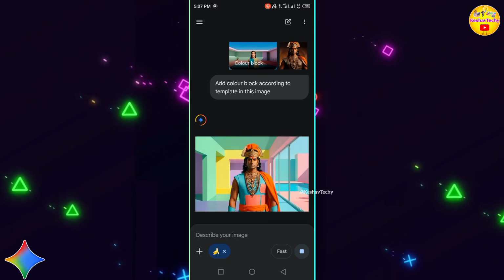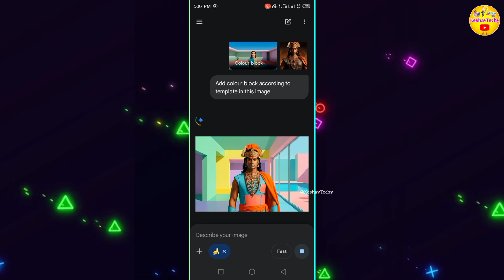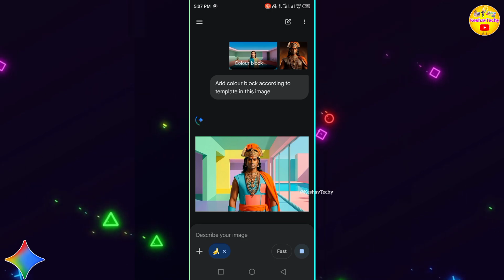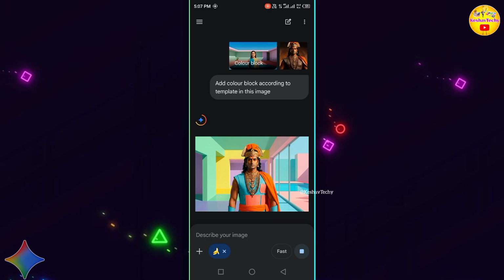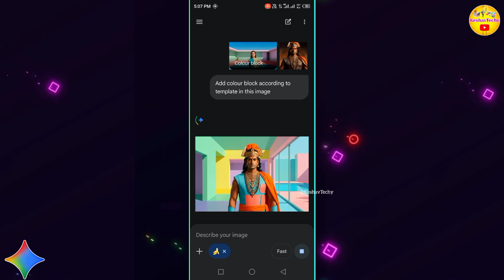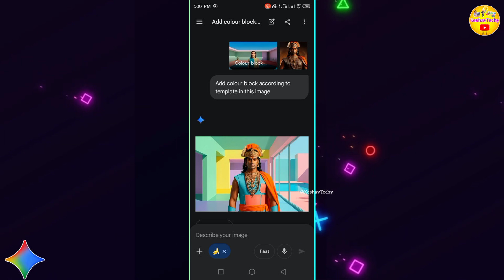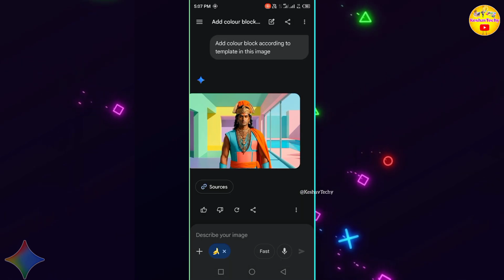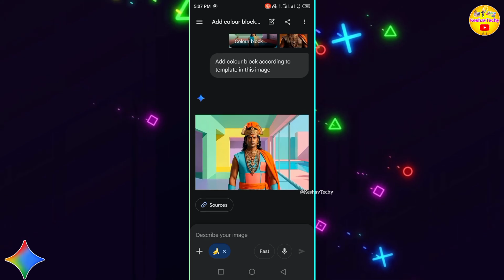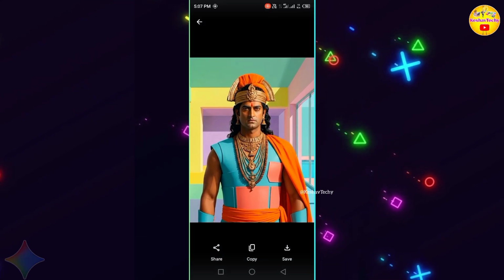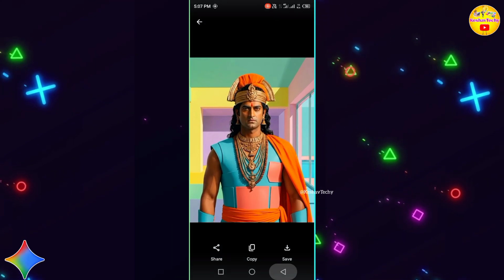So you can see this is an amazing image generated by Nano Banana 2. It generated the exact image. If you want to download this image, tap on this image and click on the save icon.